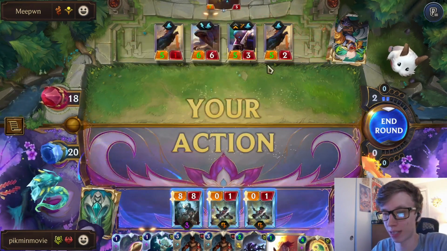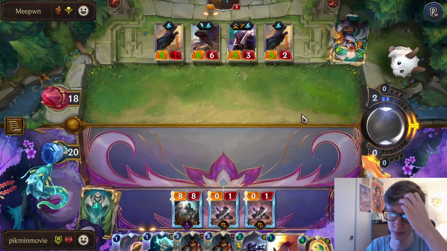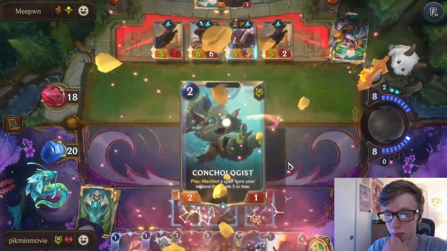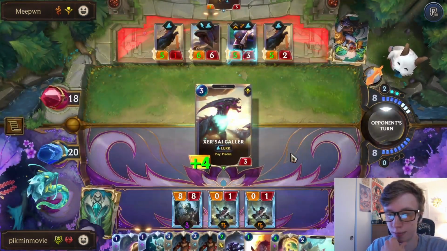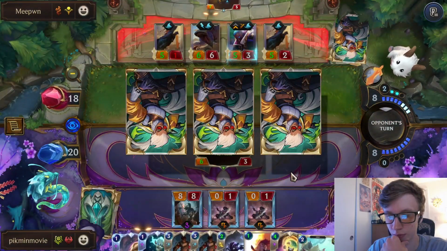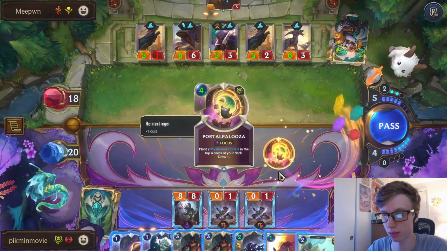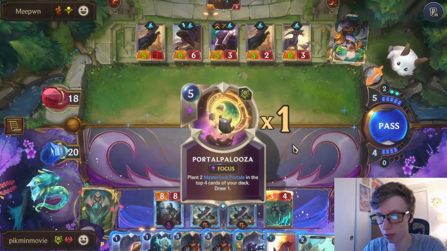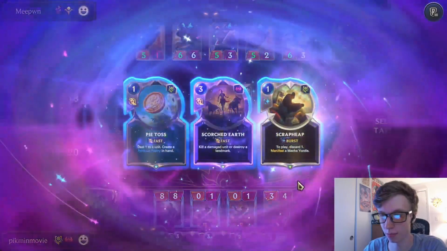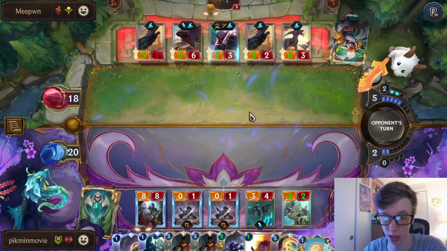Oof. So we can't swing now, because then he'll just drag T-Hex with Pike. Alright. I think we'll Portal Palooza and then Conch. Dragon Guard, okay. Still taking no damage. Scorched Earth or Pytos? Probably Pytos. Could also get a Mecha Yordle, but...